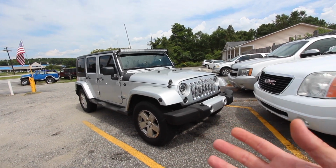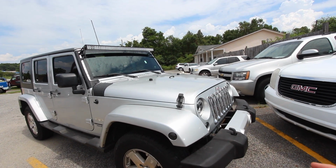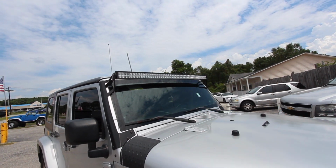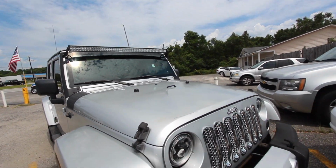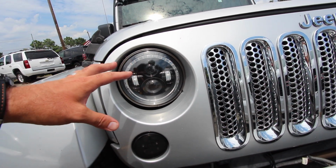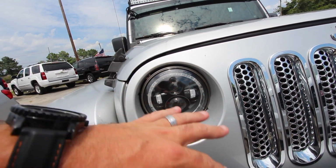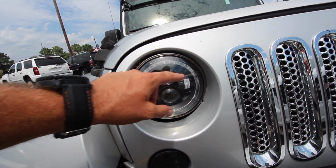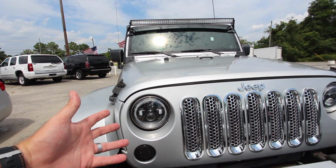Everything on this Jeep is pretty much stock, but of course they added on the light bar up top. So you got that. Another extra that this particular Jeep has is the headlights on here. These headlights are really kind of cool. They got a switch on the inside where they'll actually change colors and go from green to blue to red to all that stuff, and also LED, which looks really interesting at nighttime, especially when you're pulling up and you're